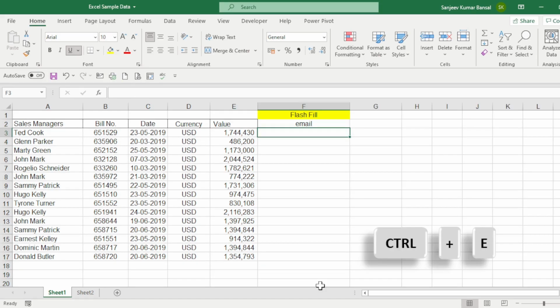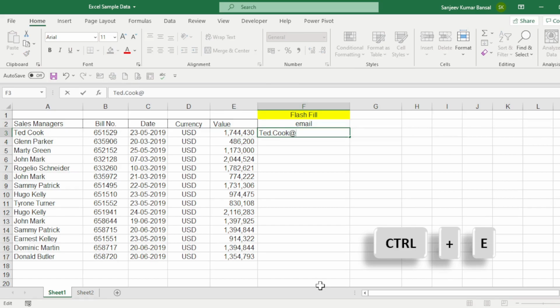Now we're going to see another magical feature called flash fill with the help of Control E. We learn this with an example. We want the emails of all our sales managers, which follow the same pattern, like this. We fill only one.